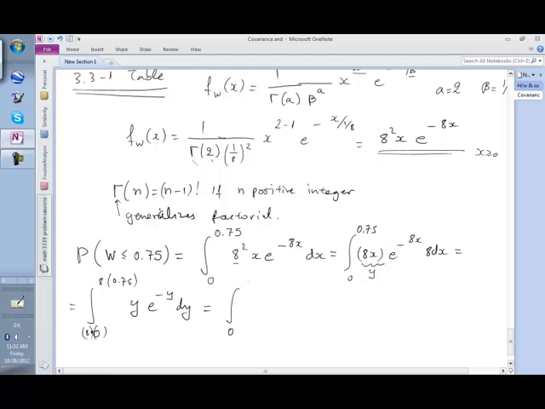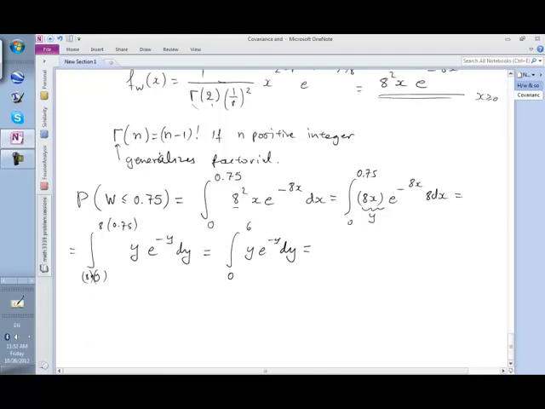So this is from 0 to 6, y e to the negative y dy. And now let me stop here to do the integration by parts. So I'm taking y e to the negative y dy. Integration by parts will give again y e to the negative y derivative dy. So that gives this